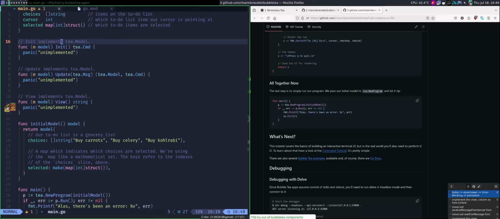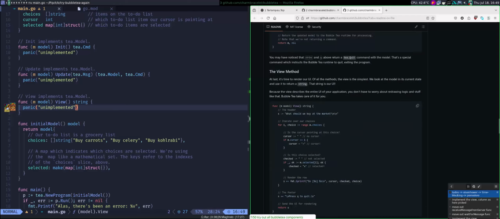Okay, so this is returning the command, and this is receiving the message and returning again the model and the command, and the view is just a string. So basically anything on the terminal is a string.